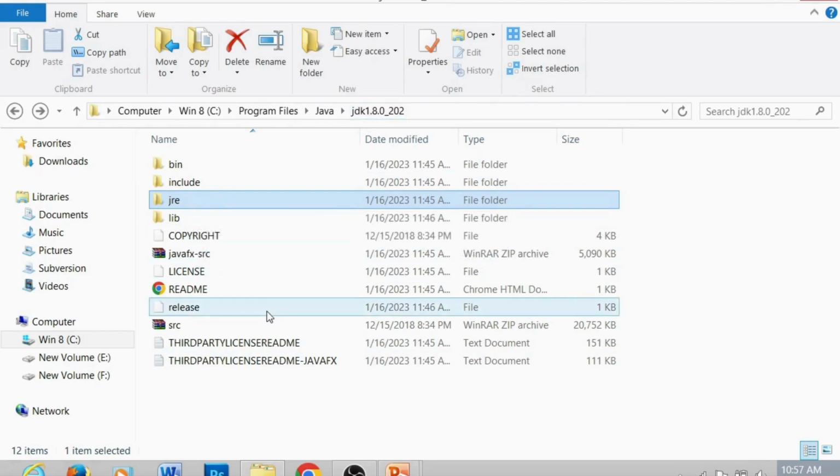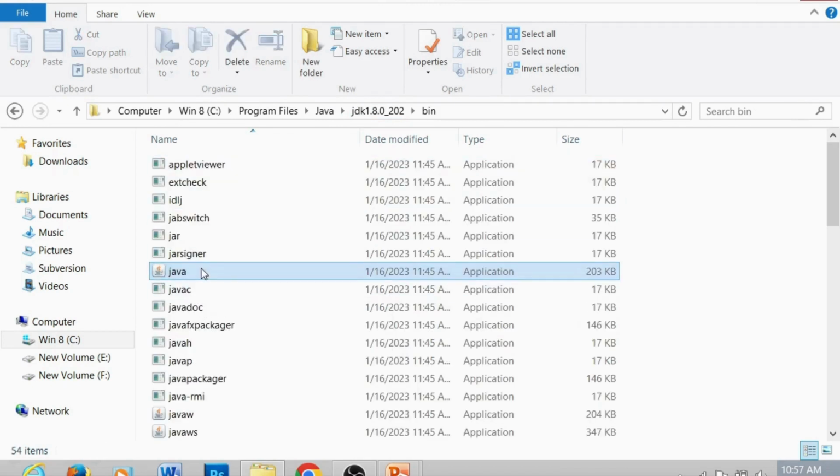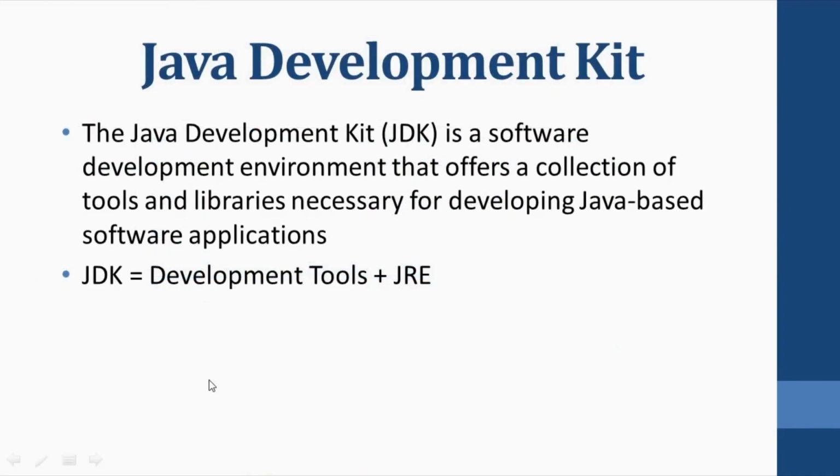So basically JDK contains the Java Runtime Environment, that is JRE, an interpreter or loader, which we will see later in the session, and the compiler, that is javac. That's all about JDK.